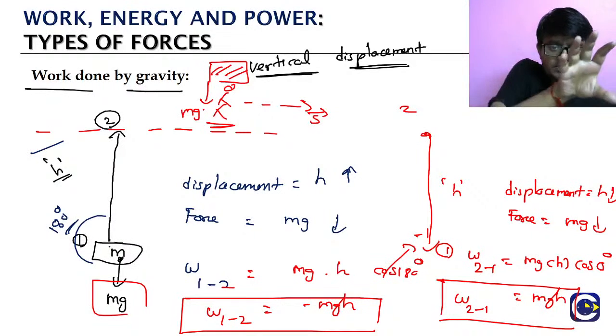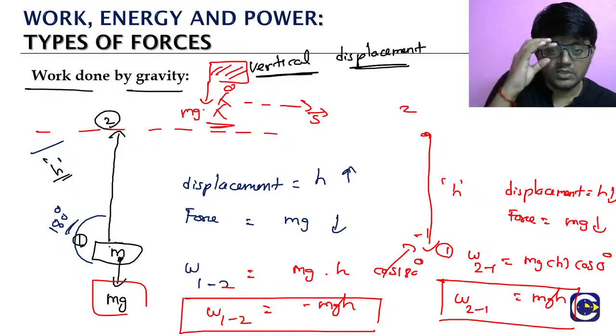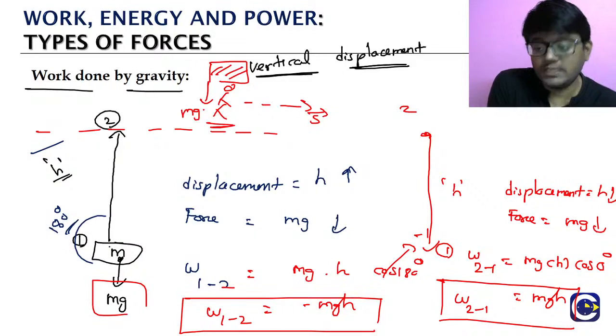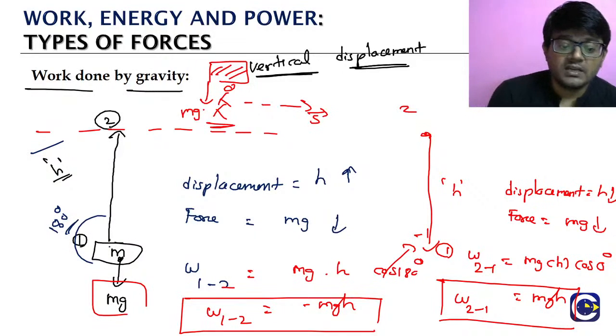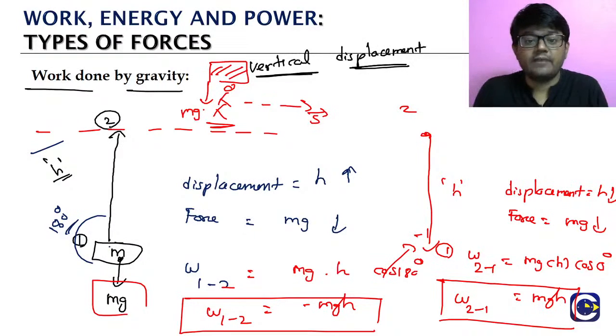The object is moving horizontally, so how is the displacement? Horizontal. The gravity is downwards, and the displacement is horizontal. What is the angle between them? Between the two, the angle is 90 degrees, right? So in that case, work done by gravity will be what? 0. So gravity can do positive work, gravity can do negative work, and similarly gravity can also do zero